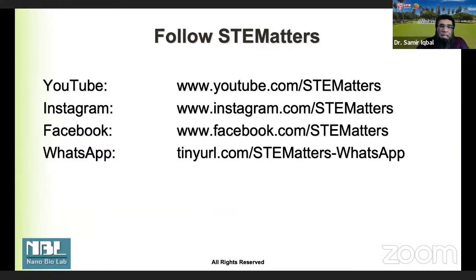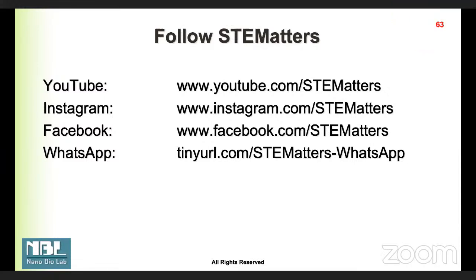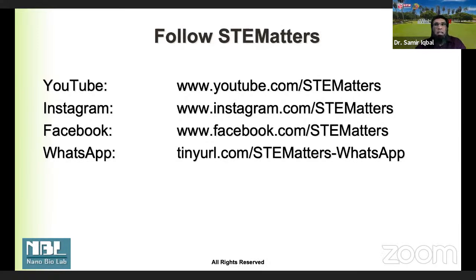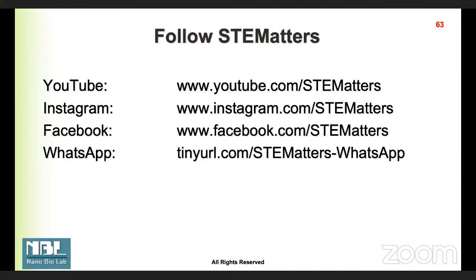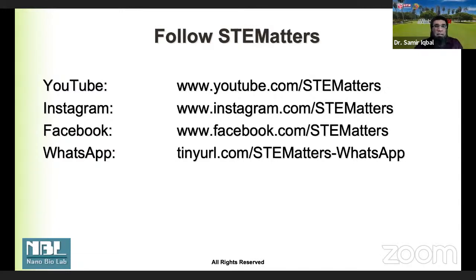So we're doing this thing, STEMatters, where we want to engage people from all over the world. And the idea is that science now is not restricted to one part or a few parts of the world. Science is something that we all share together. And the inspiration is that we want to engage students from all levels, from all backgrounds, from science, technology, engineering, environmental sciences, and mathematics, to come together to find solutions to contemporary problems. And how do we do that?